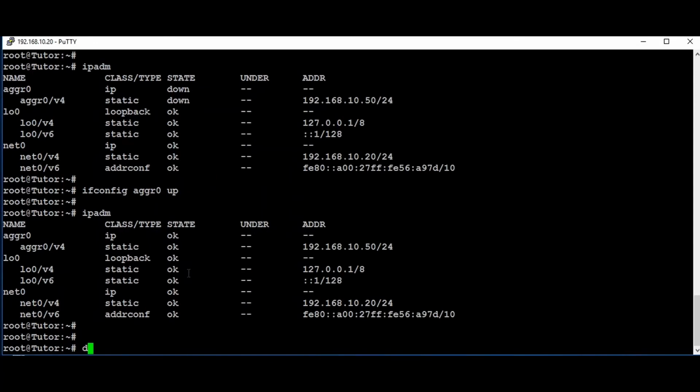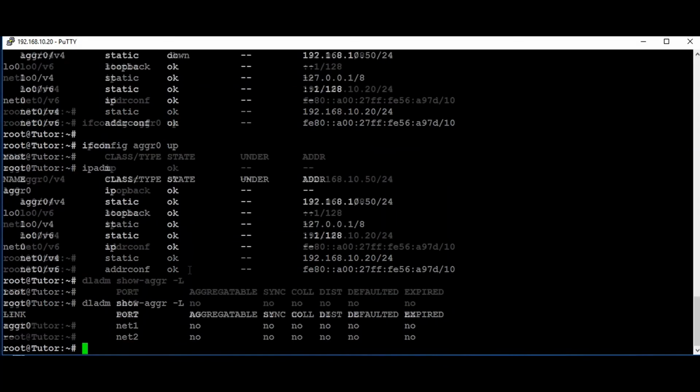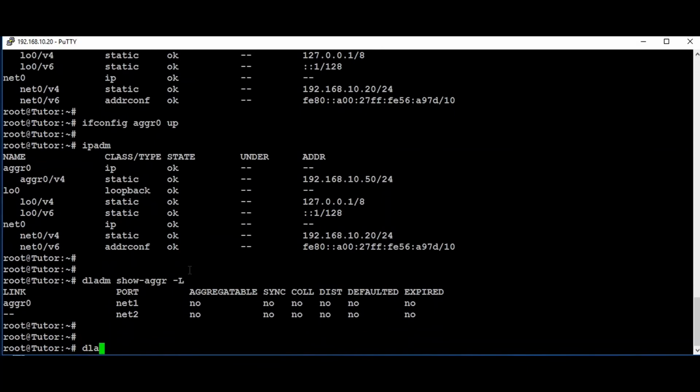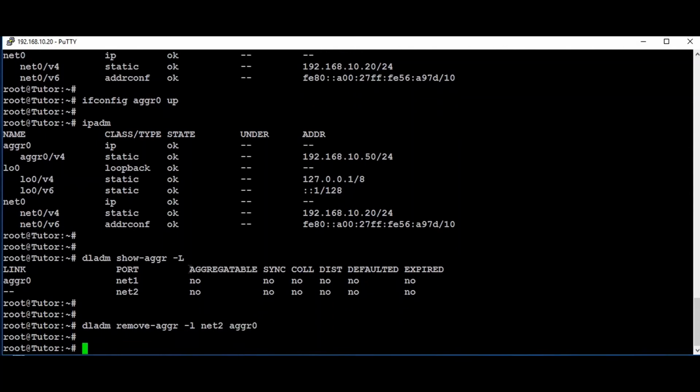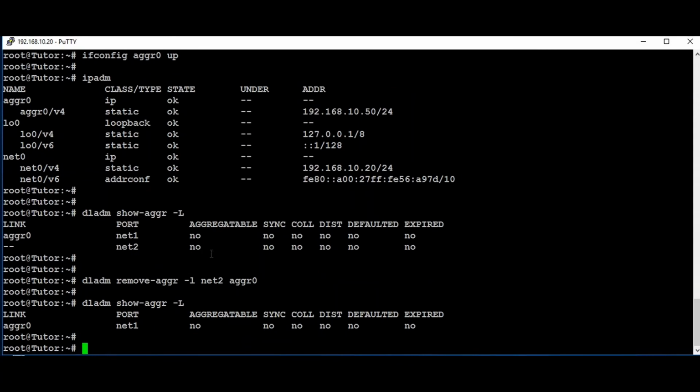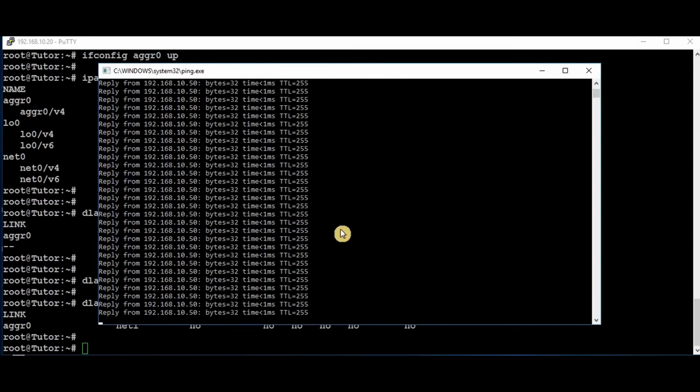Using the command dladm show-aggr -L, then dladm remove-aggr -l net2 aggr0, where this is the aggregation group. We have removed the interface net2 from aggr0. The continuous ping is still happening, so there is no impact on the live server.